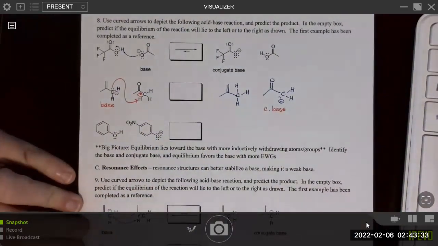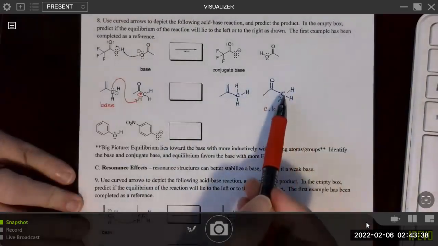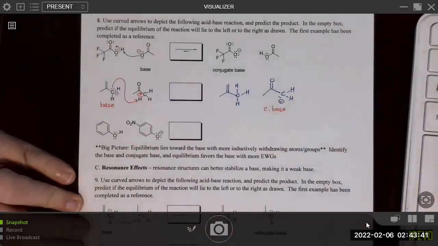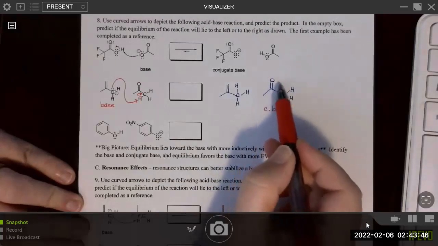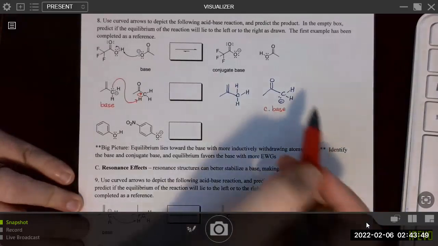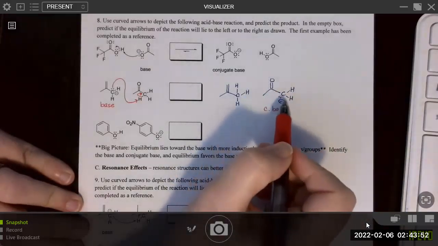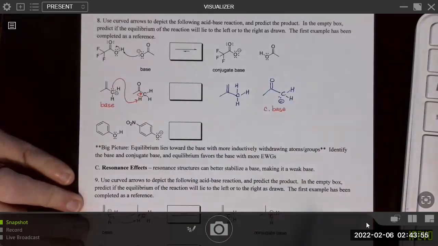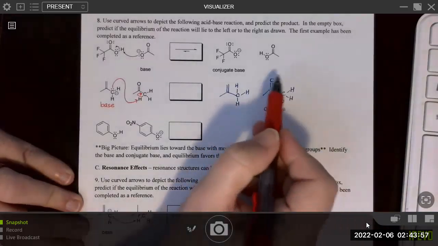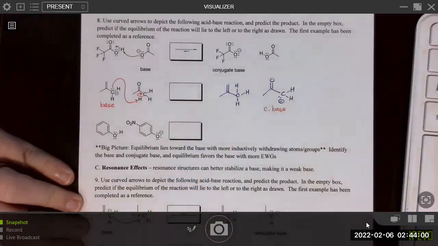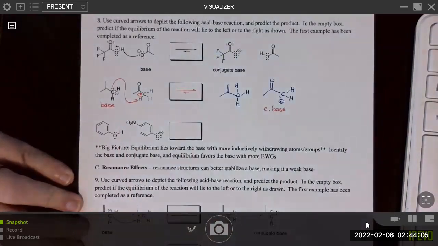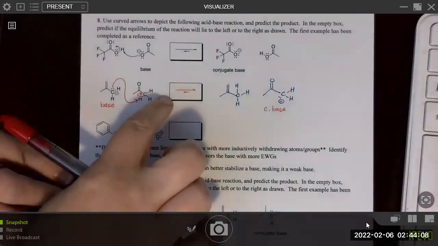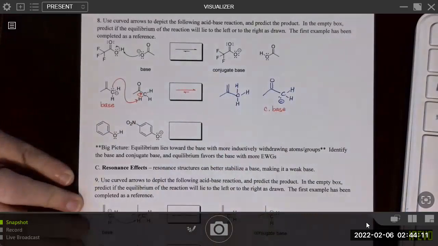So between the 2, we look and see what is the difference, right? The difference is not in the atom, because it's a carbon atom with a negative charge in both cases, but it's that this one has the presence of a nearby electronegative oxygen atom. That's going to help stabilize this lone pair. And that means that this one is going to be more stable, right? And equilibrium always favors the formation of the more stable base, right? So we can go ahead and predict the same position of equilibrium towards the right.